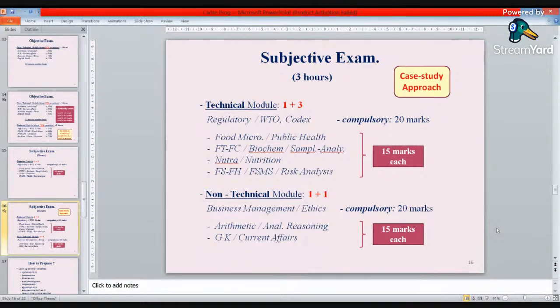Except in the case of current affairs and GK, where we will not give you a case study, we will ask you to write an essay. An essay, again, we don't expect you to write 10 pages or 5 pages. We'll give you a word limit of 500 words, which is 1 page. We want to see your writing skills. We want to see how you analyze the case, or how you analyze the subject of the essay and present your views with pros and cons.